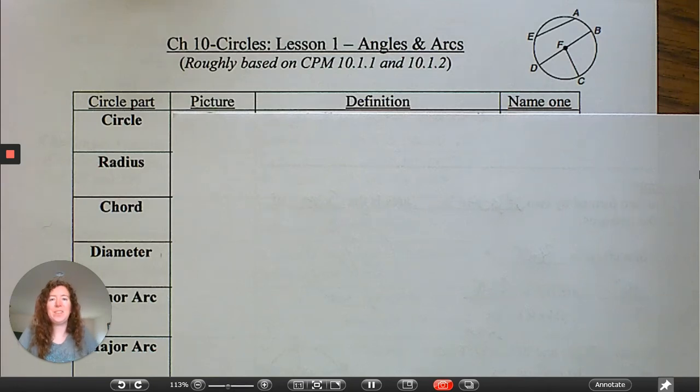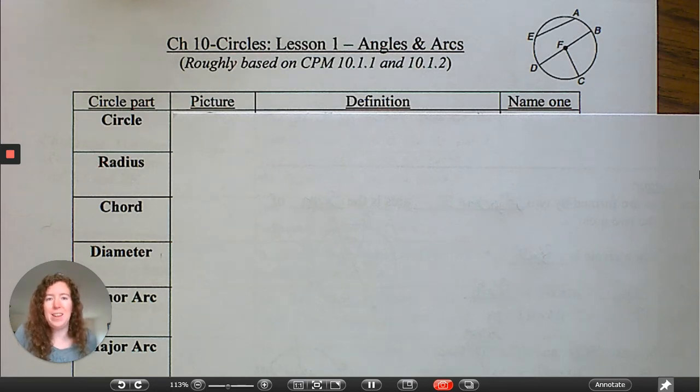Hey everyone, we are starting a new unit today. This next unit is going to be all about circles. Now I know we've done a little bit with circles already. We've looked at area and circumference, and we've also looked at arc length and area of a sector. This unit is going to dive a little bit more into arcs and angles and other fun things that we